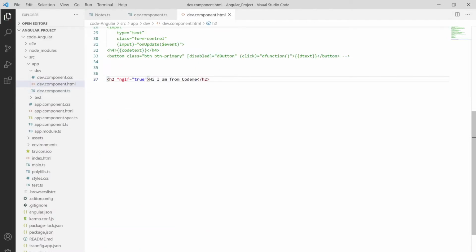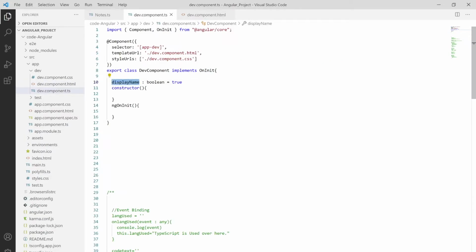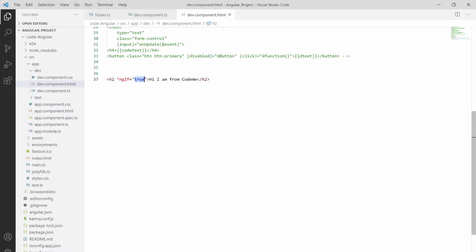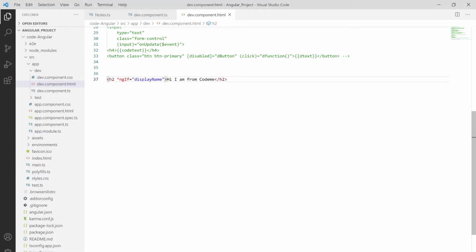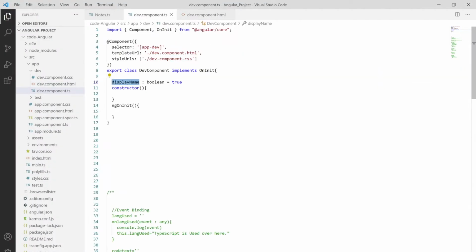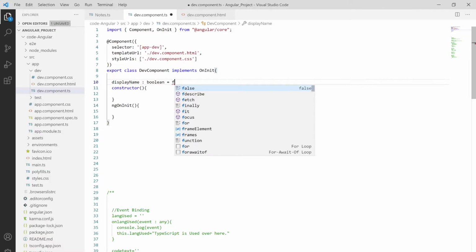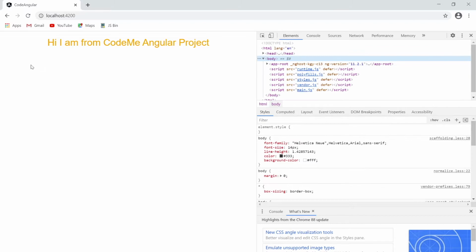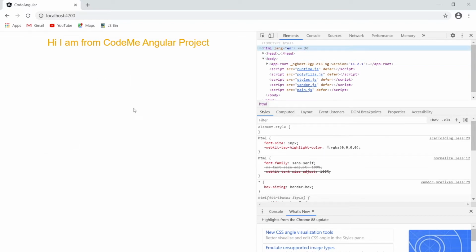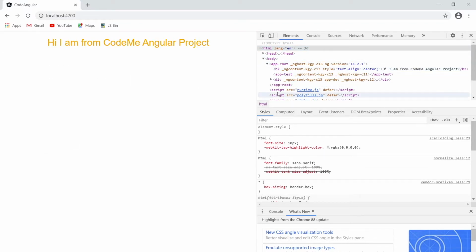Let me go to the dev component and paste this displayName over here using Ctrl+C. Save over here and see, it renders. Now I'm not changing anything else, we are simply changing the value from true to false. Let me save this and go to the browser. No tag is there. On the app root you can go to the div and check, it's ng-reflect-ng-if false.